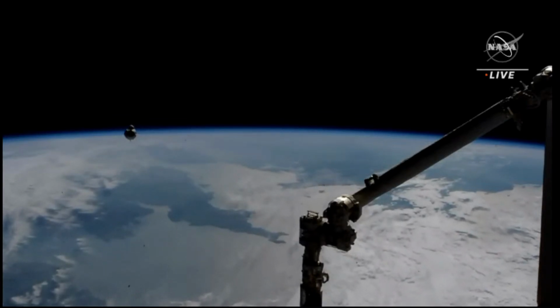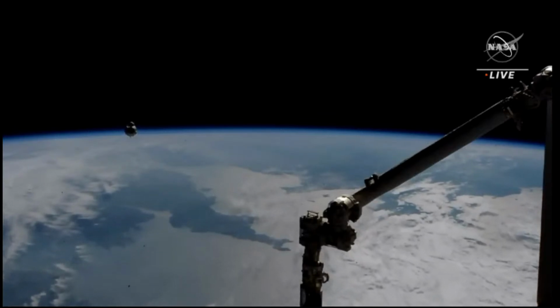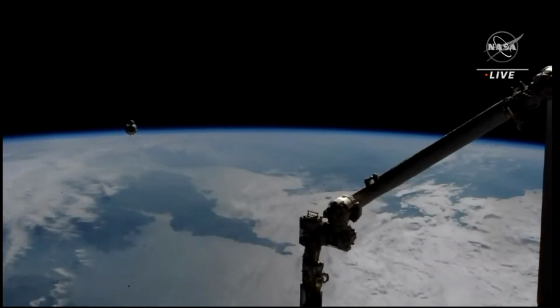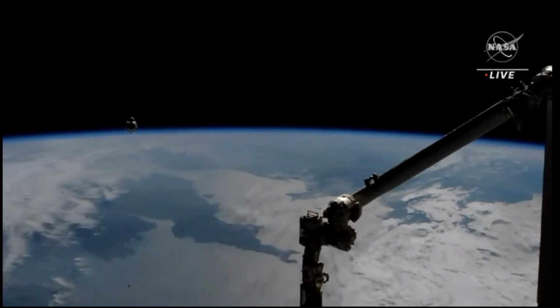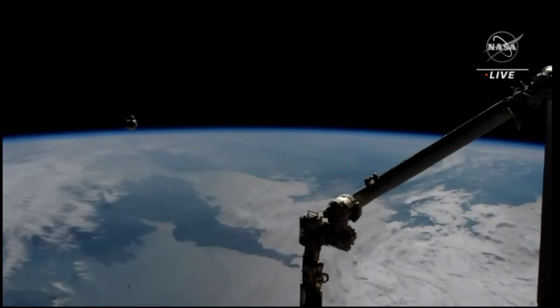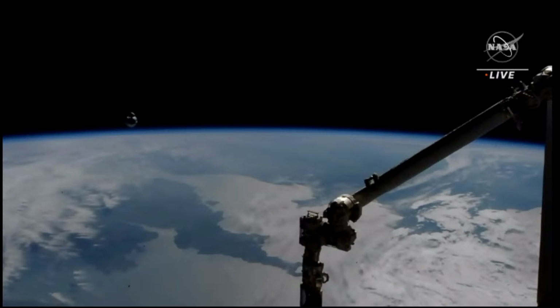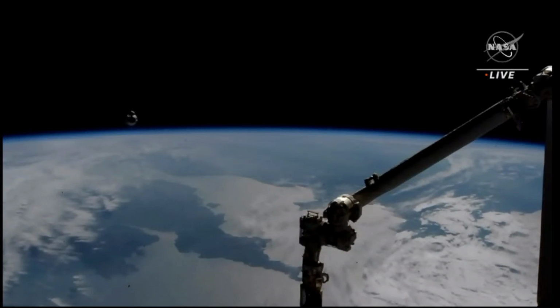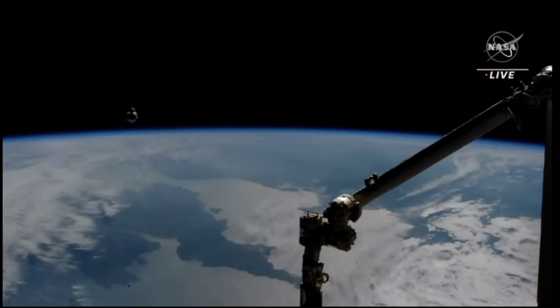Again, a really cool view from the International Space Station, looking at Dragon as it gets closer and closer. It's currently swinging up to be in front of the docking axis, which will mean that Dragon will be...